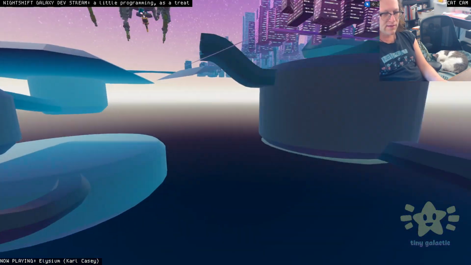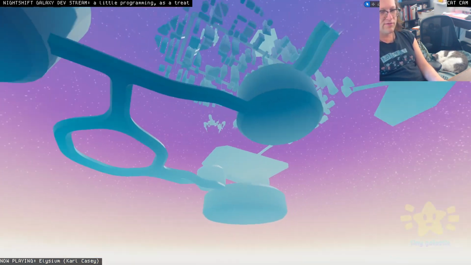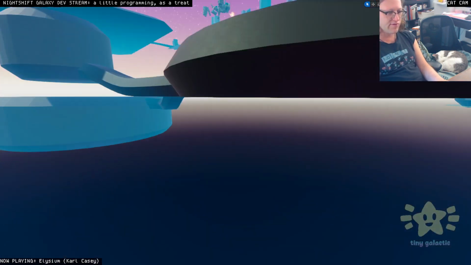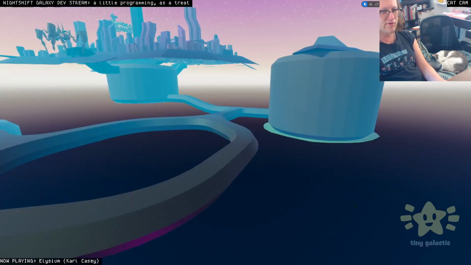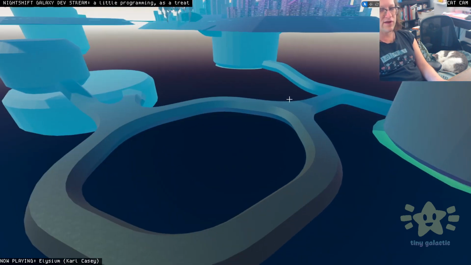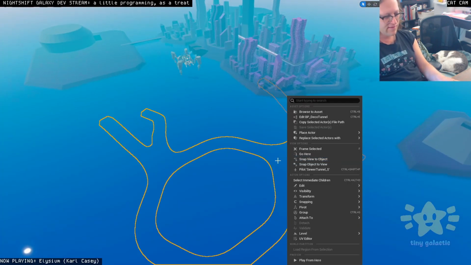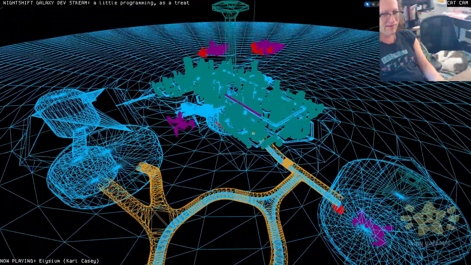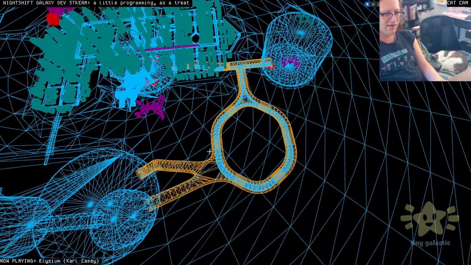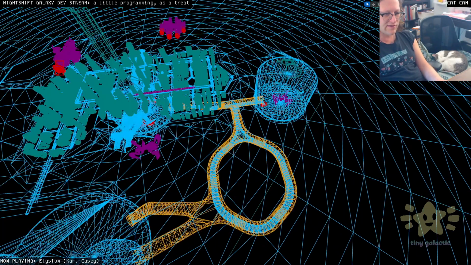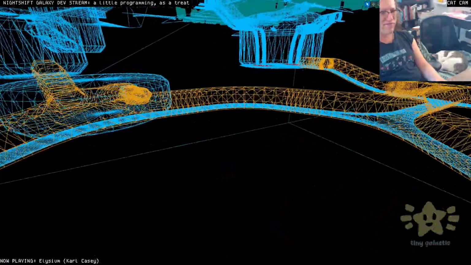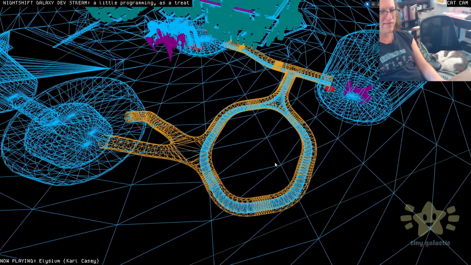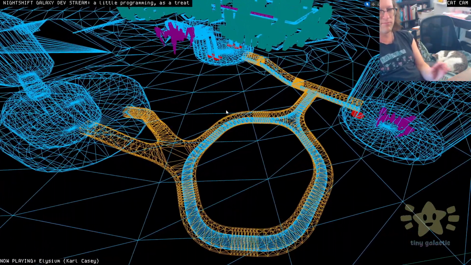But yeah, I'm feeling pretty good. I don't think this is going to be the final layout for how the sewers go, but I think this is a good initial stab at building out more of the level. I do have a concern that this is quite a lot of distance. You compare it to the city, and flying through these tunnels from here to here is as long as it takes to fly across the city. So maybe this is too much. Maybe I need to compact this and move it over a little bit or something, but I'll figure it out. Anyway,